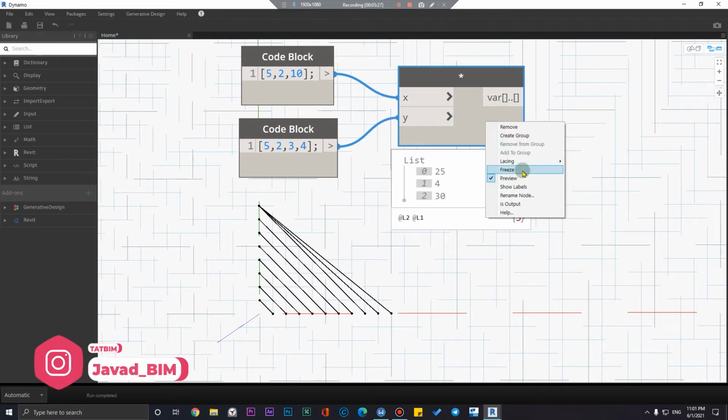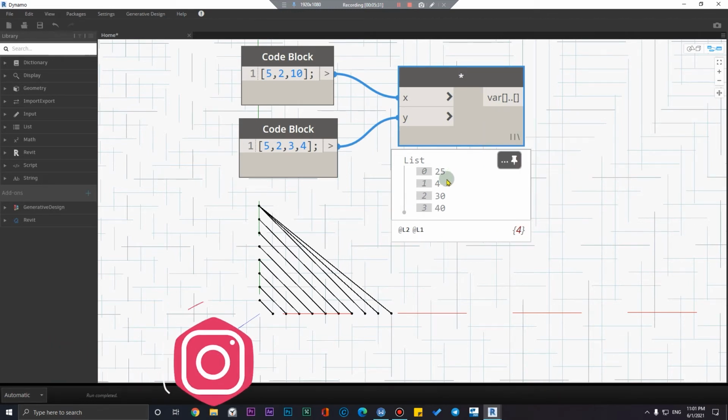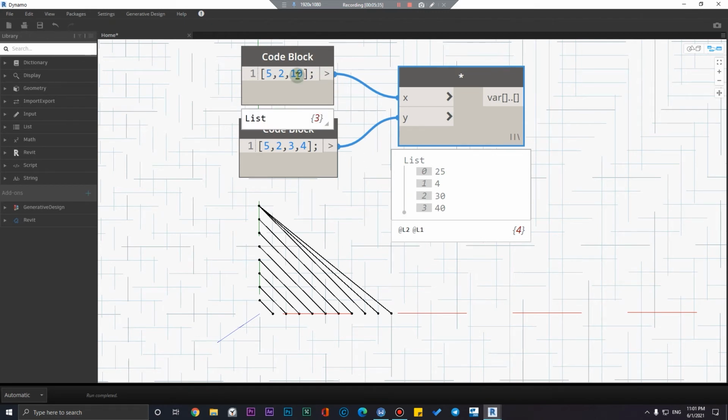But if I change that to longest, now you can see when it reaches the 4 in this group, it will multiply with the last number of the other group of numbers.